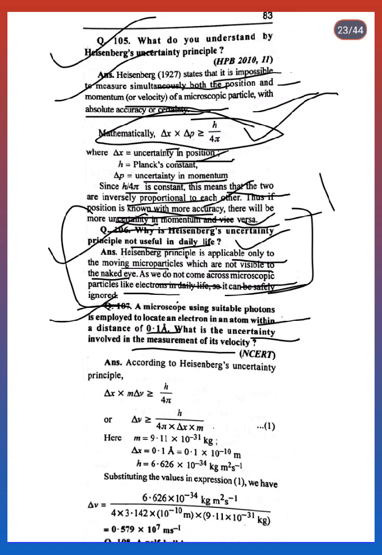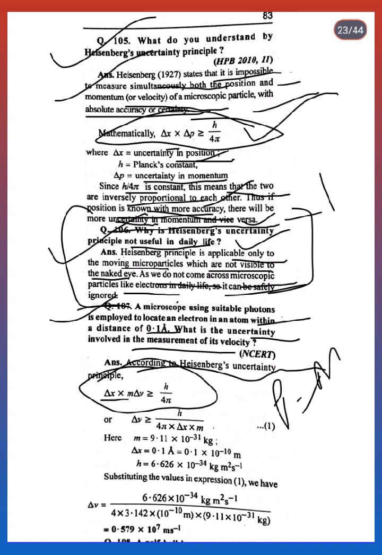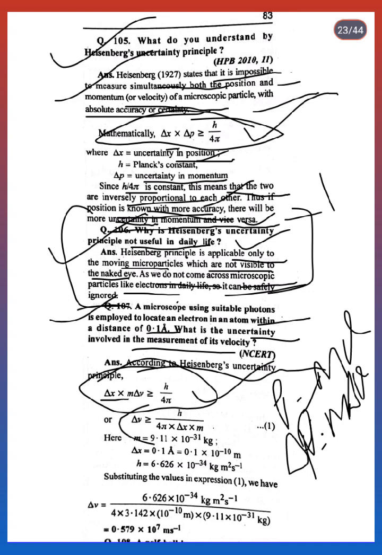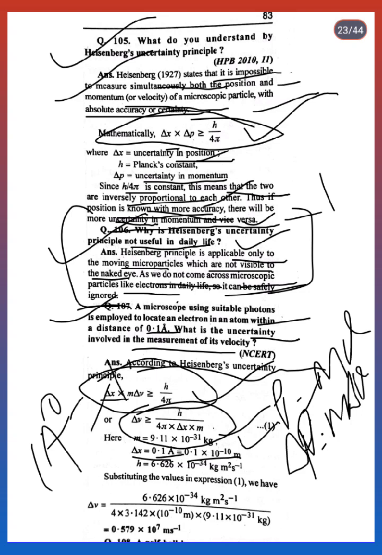So again the relationship, delta x multiplied by delta p is greater than or equal to h over 4 pi. Momentum can be written as p equal to mv, and delta p equal to m into delta v. So we will put the values, and delta v is greater than or equal to h over 4 pi m delta x. m is the mass of electron, delta x, the uncertainty in position, is given as 0.1 angstrom, that is 0.1 multiplied by 10 raised to minus 10 meter, because 1 angstrom is equal to 10 to the power minus 10